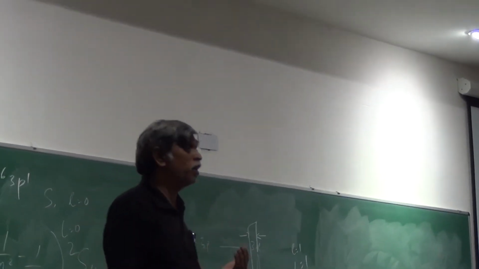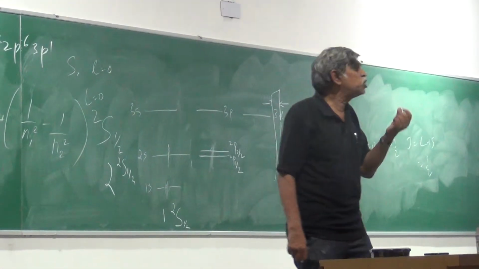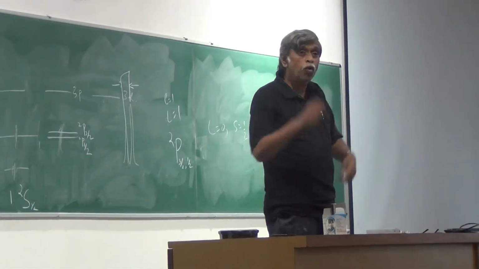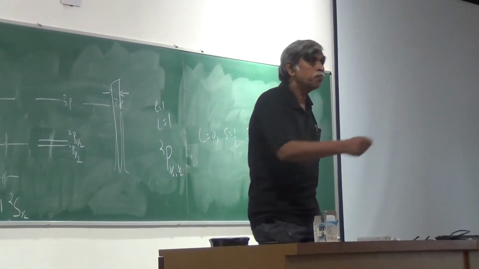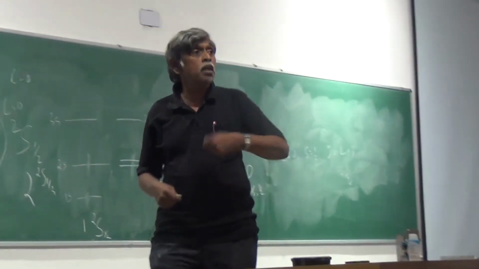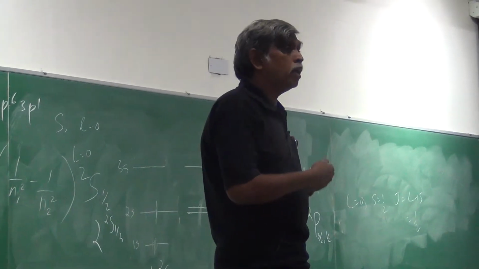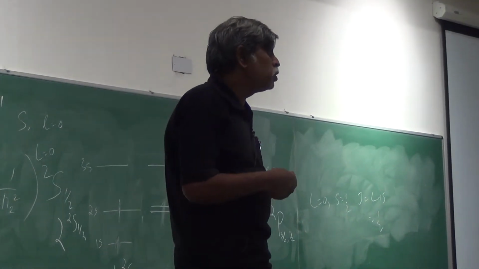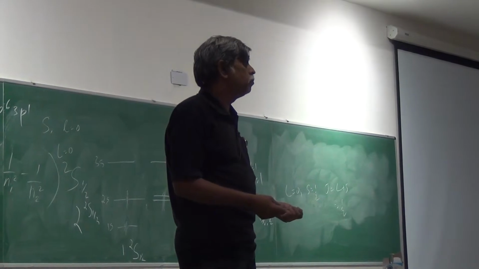Every time you solve the Schrodinger equation, you've got to be alert to the fact: where is my quantum number actually generated? Where is it born? It is born in one step. And that one step will always be a quantization step. It will always be a boundary condition step. So if I apply a boundary condition on r, I get a quantum number. I apply a boundary condition on theta, I get a quantum number. And on phi, I get a quantum number. And what are the quantum numbers you get when you do this problem? You get n, l, and m.